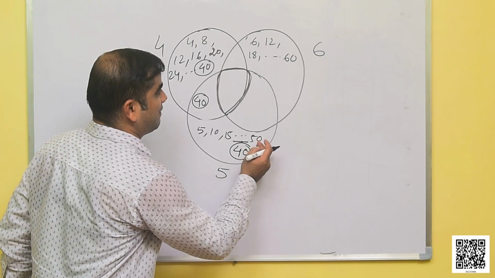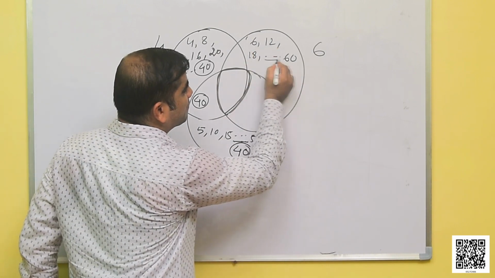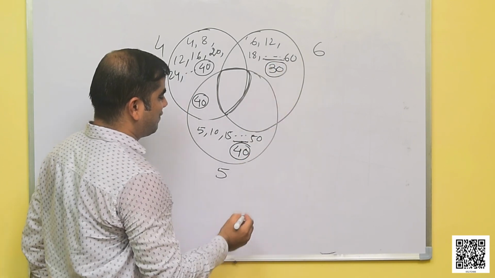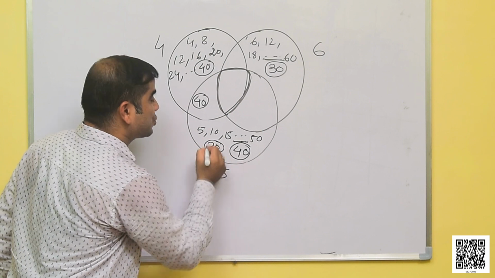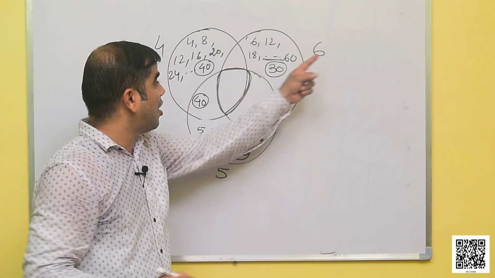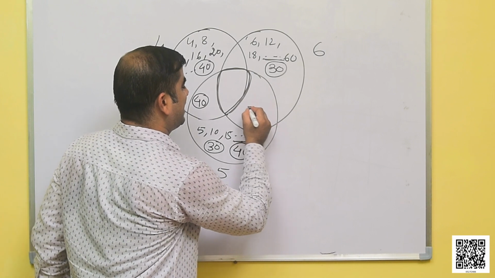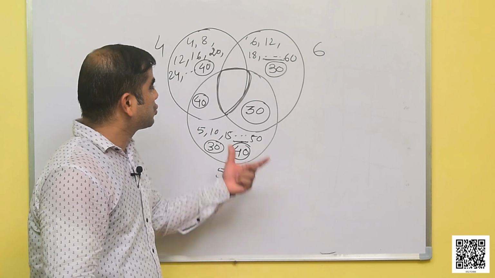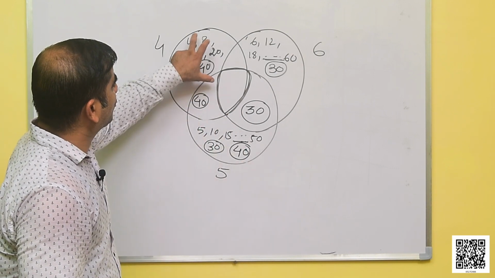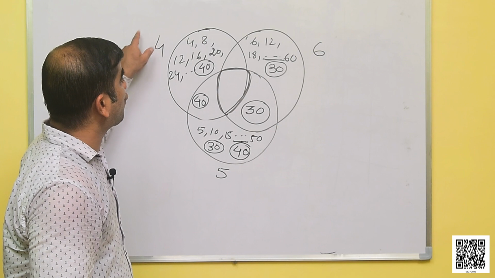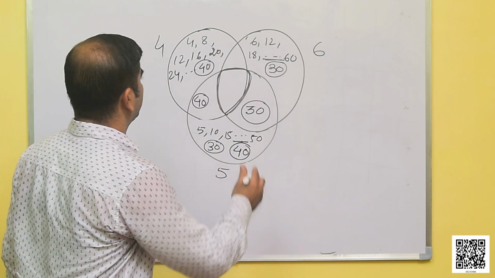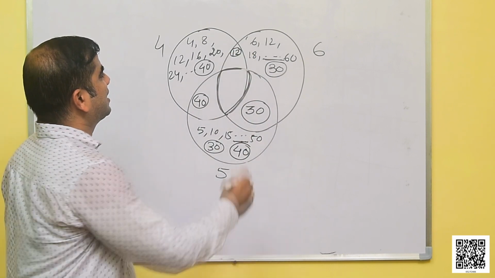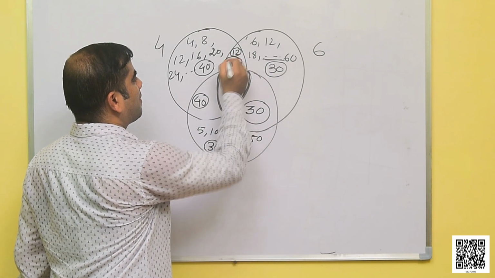Let's check with 5 and 6. We have left some number over here. Here 6 5s are 30 and 5 6s are 30. So 30 is a common multiple of 6 and 5. So I can write it over here. In this way we can find some multiples that are common to 4 and 6. We have many common multiples. See, 12 is a common multiple of 4 and 6, and 24 is also a common multiple of